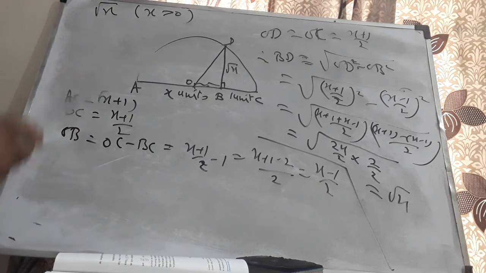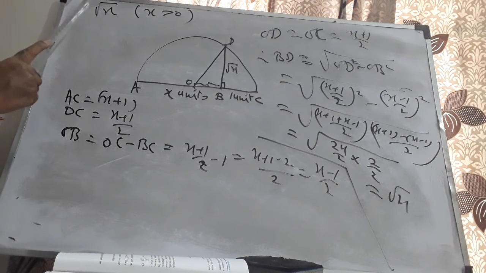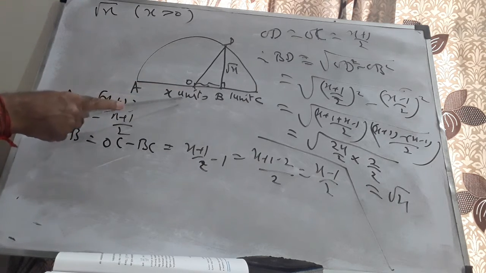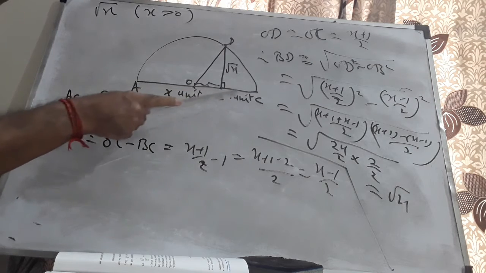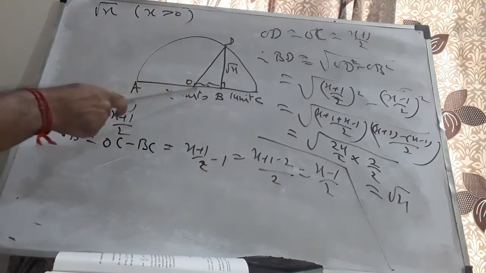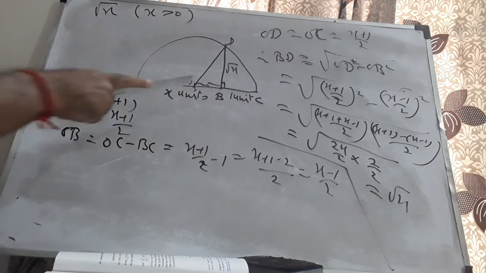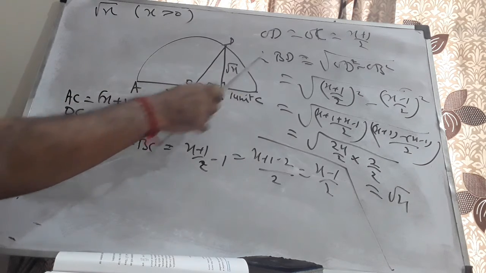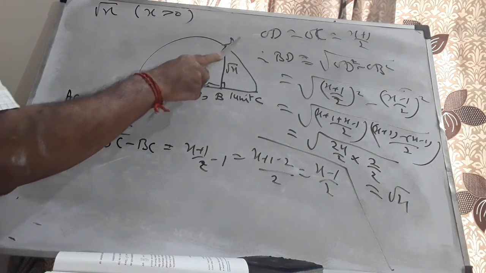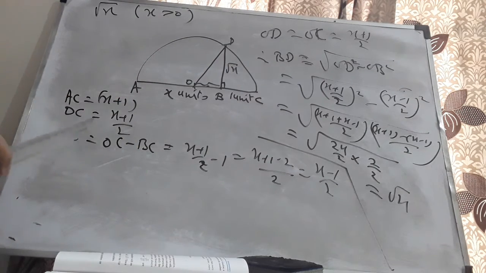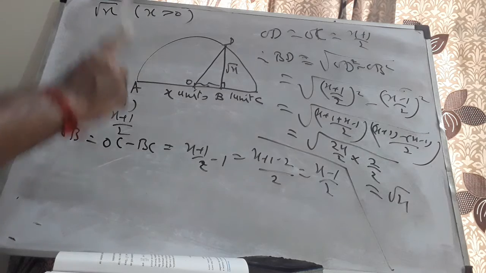Let me explain once again how to represent root x geometrically. I'll draw segment AB of x units. I'll extend AB to C such that BC is equal to 1 unit. I'll draw the semicircle with AC as diameter. I mark the center as O. I'll draw the perpendicular at B to AC. Let it intersect the semicircle at D. Now length BD will be of length root x units.